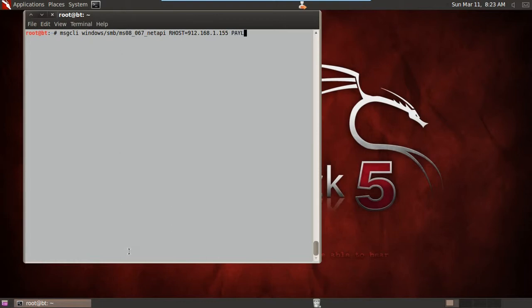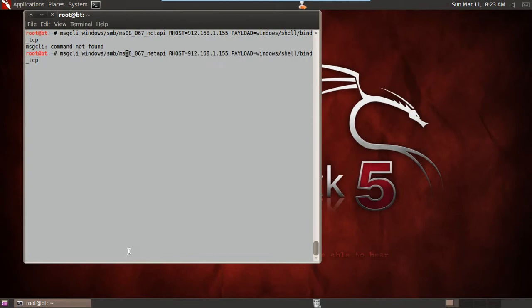Then payload is equal to some bind_TCP, enter. So this command is wrong.